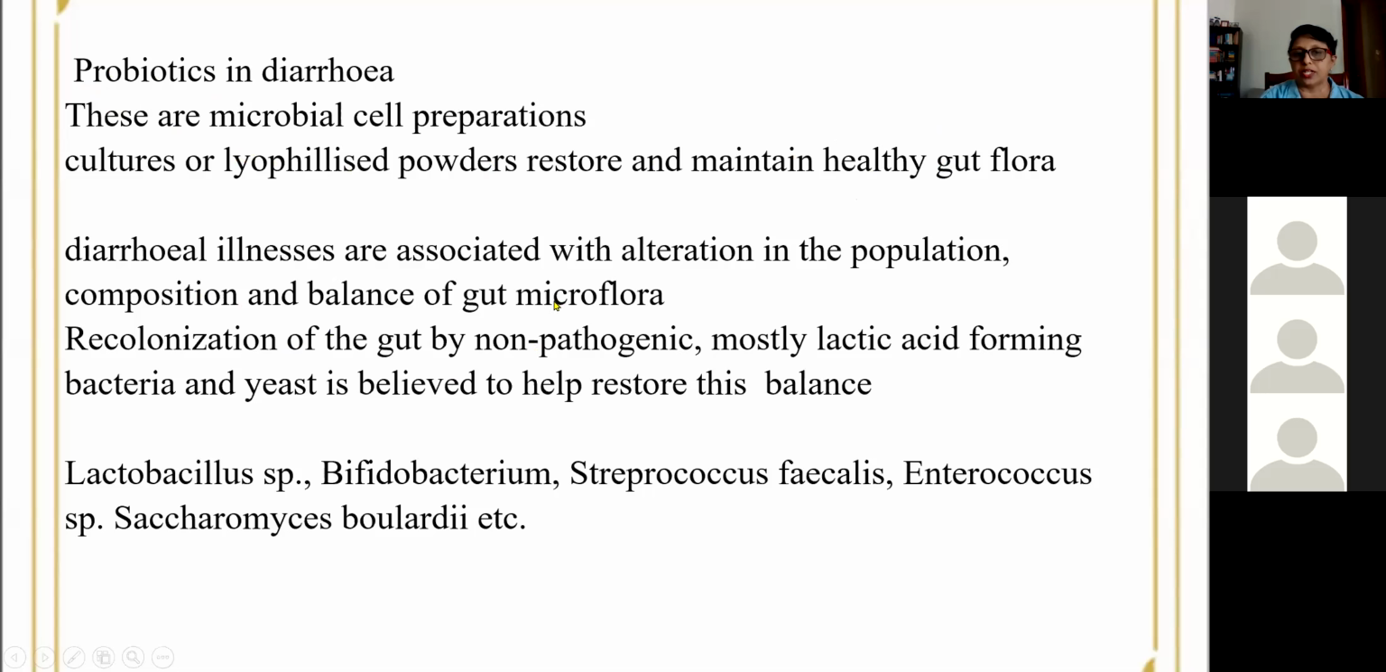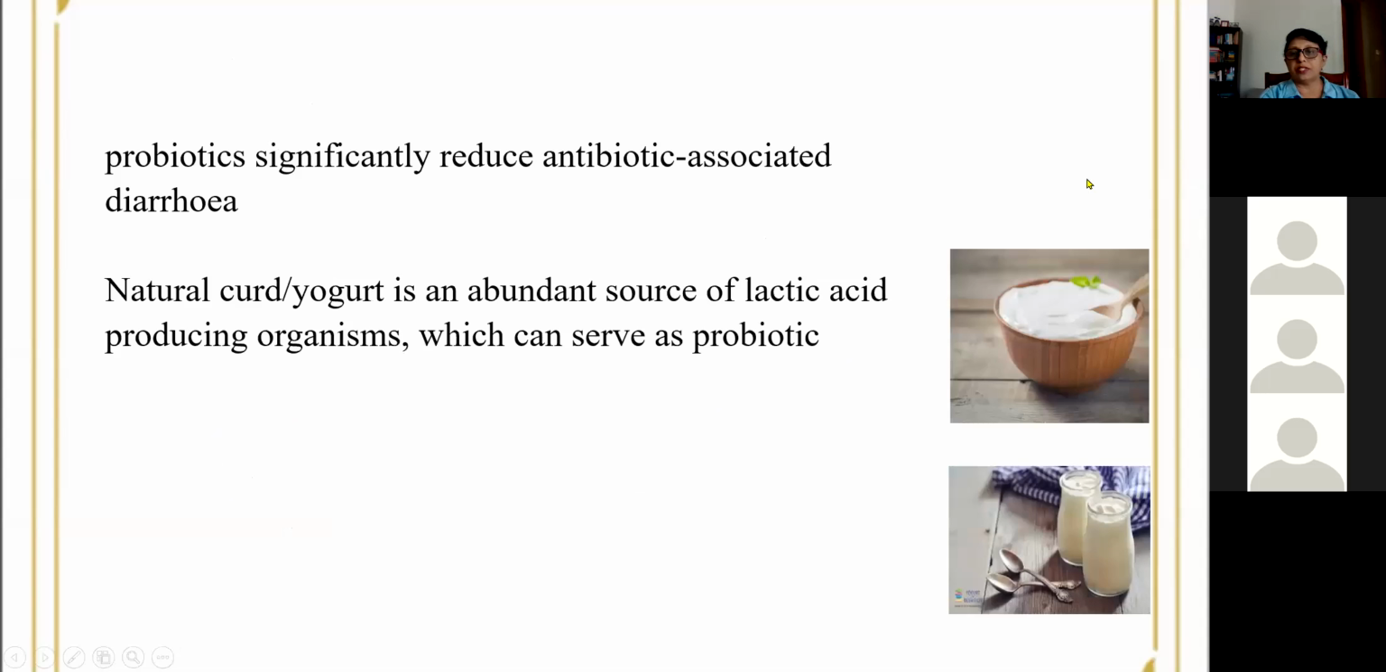They are actually non-pathogenic and they are lactic acid forming bacteria and yeast. So they will restore the gut flora. So the examples: lactobacillus, then Streptococcus faecalis, Enterococcus, Saccharomyces boulardii. Especially lactobacillus is a lactic acid forming bacteria. So they are actually probiotics. So these probiotics reduce the antibiotic associated diarrhea. And